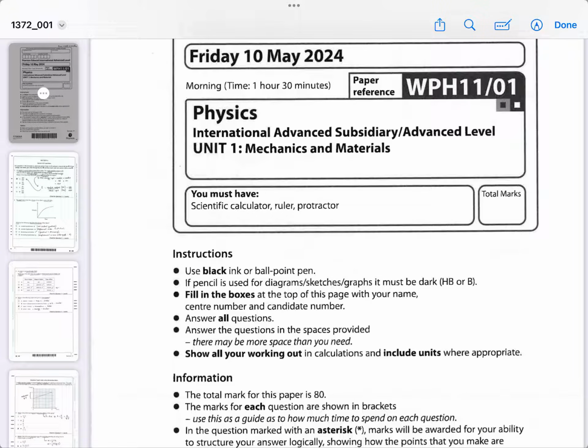Okay, this is a run through of the May 2024 exam from last summer for Unit 1 Physics International A-Level, which covers the topics of mechanics and materials, which is also very useful for those studying the linear Edexcel in their build-up to their end-of-year exams, as it's the only paper that puts mechanics and materials together. The Edexcel linear tends to have mechanics and electricity in the same paper, which is probably better done later in